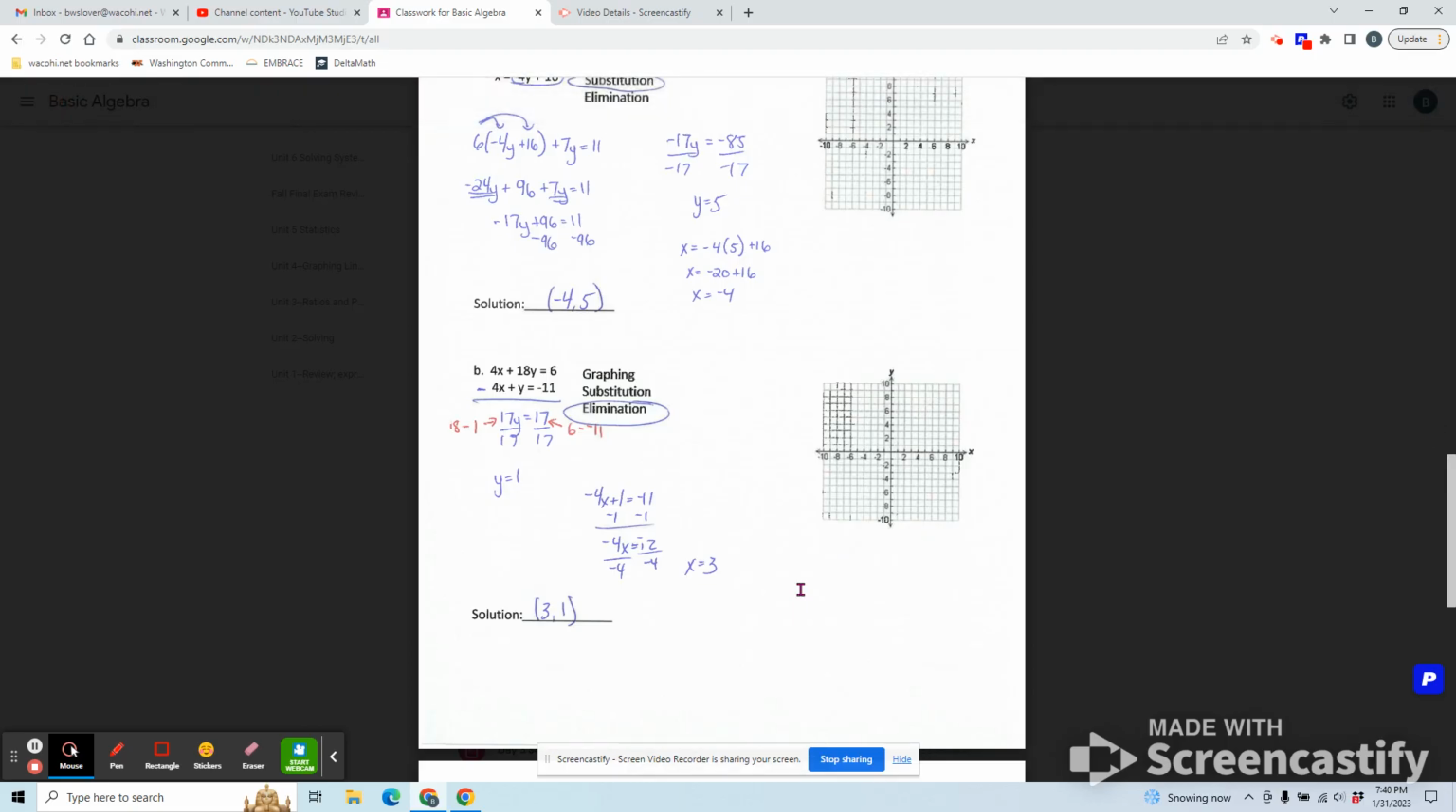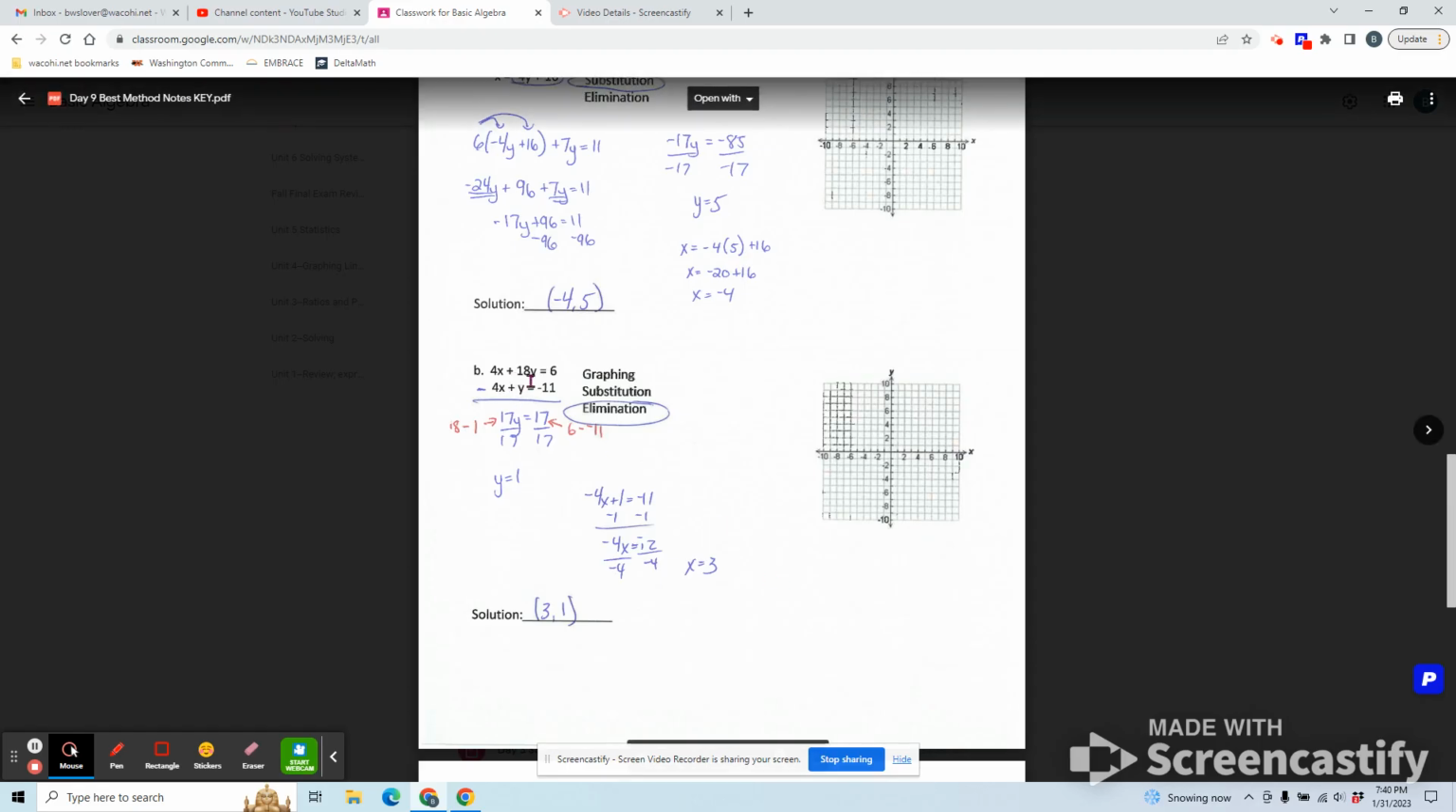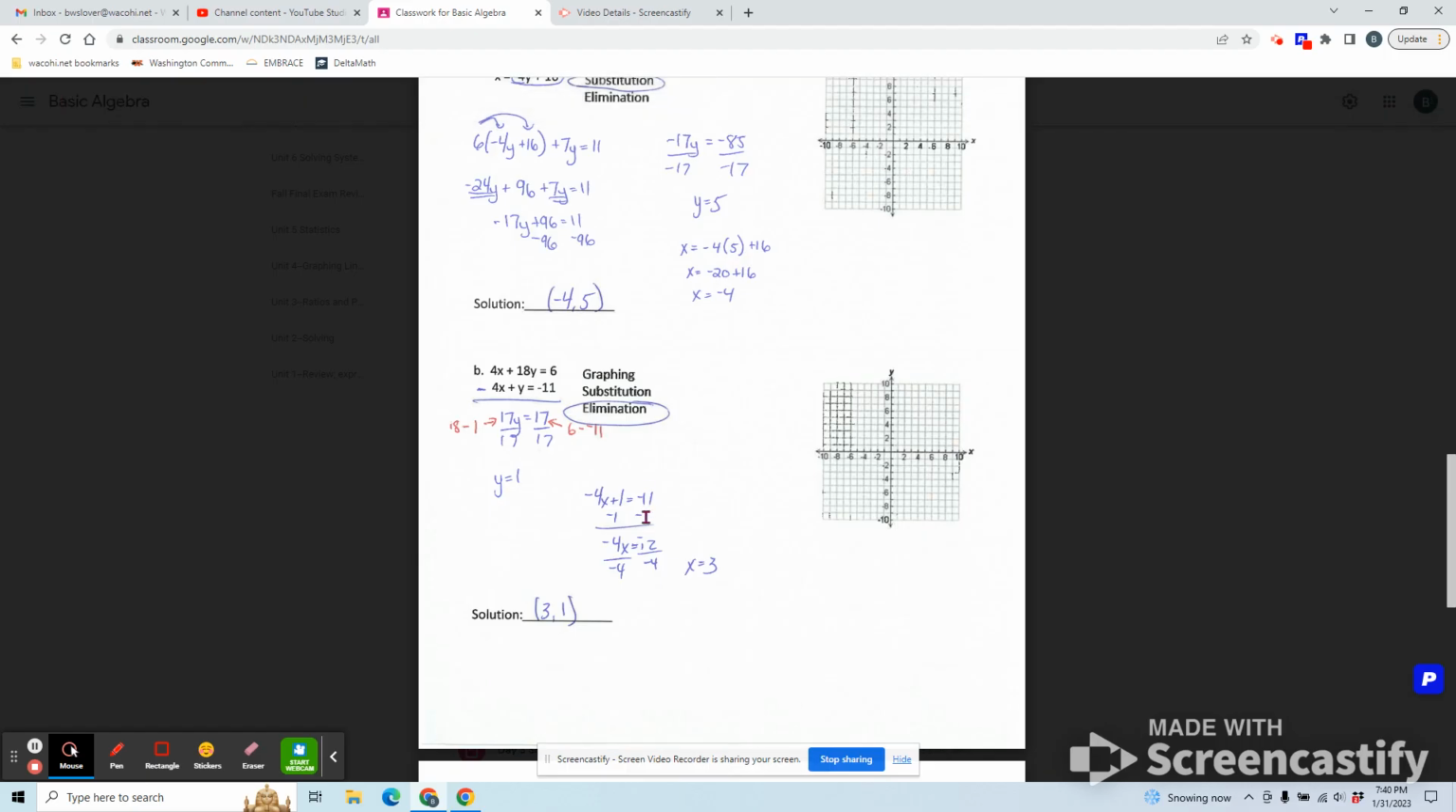All right, so today, it didn't matter which method you solved, whether it was graphing, substitution, or elimination, they all should give you the same answer for that system. But there is one that may be the less work, and that would be the best choice to solve. So in this one was elimination, because I have things